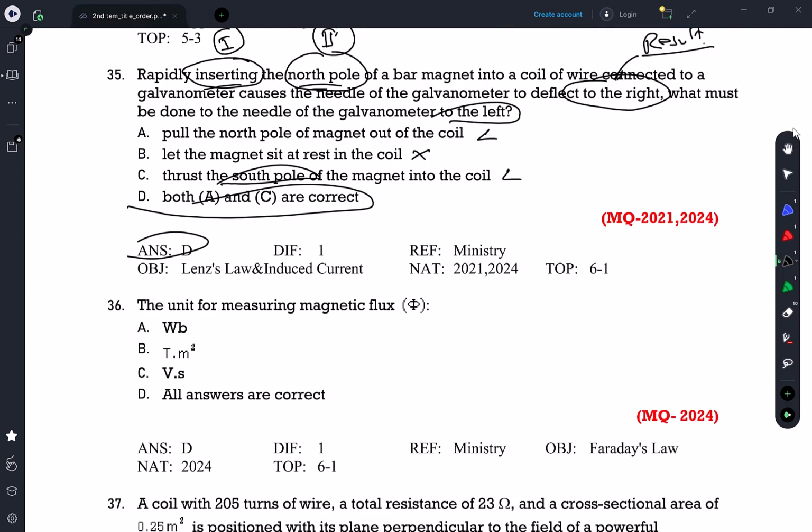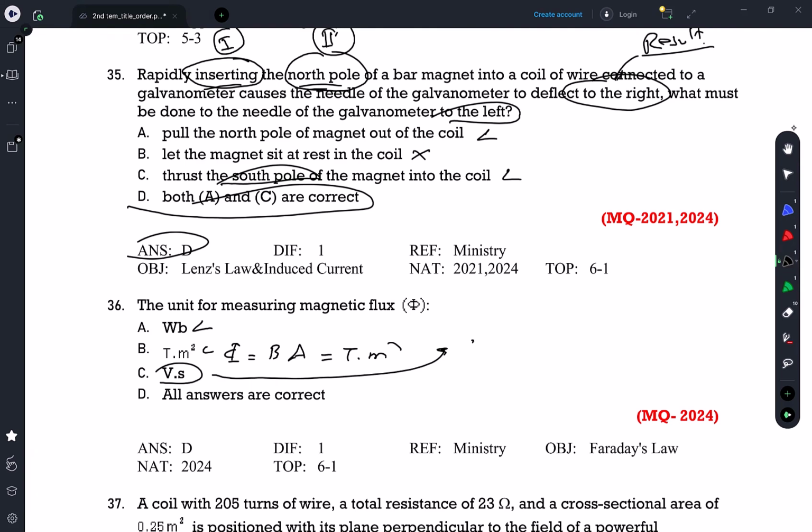And question number 36. The unit for measuring magnetic flux, Weber. Yes, Weber is correct. Tesla times meter square also correct. It's the magnetic flux equation, which is B times A. B is Tesla, A is meter square. This is also correct. Volt times second, it's coming from